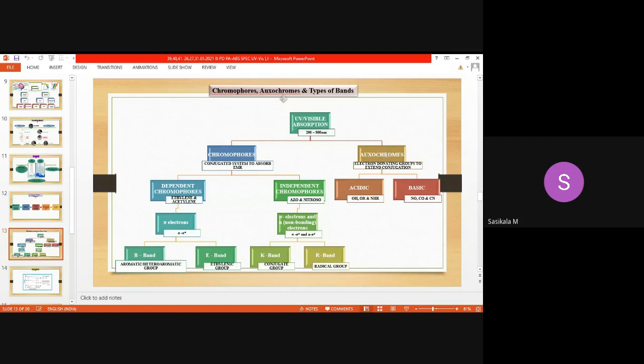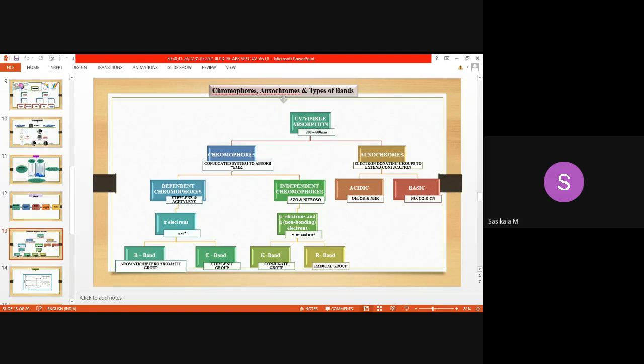If less energy is required, then a longer wavelength of radiation will be utilized. So the absorption occurs towards the visible range, where visible light has higher wavelength with less energy, whereas UV has more energy with less wavelength. Hope you understood the concept of energy and wavelength clearly. We have already discussed it, right? The same you need to apply here regarding auxochrome and chromophoric actions and the mechanism behind UV visible absorption.